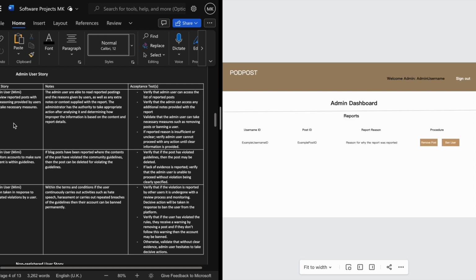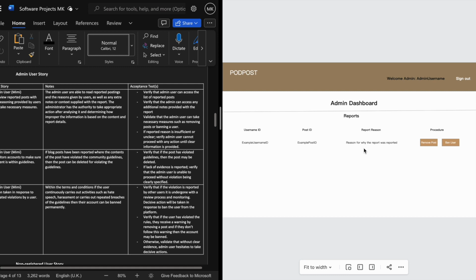Going back to my user stories, one is that they can view reported posts, for example, the dashboard that we can see in the prototype, and they're able to see the report reason. So they can read why the report was given by other users, and see if anything extra was given, for example, more detail. There'll be various reports rather than the one displayed right now, which is just to get an understanding of what it would look like. They'd be in a list form, and the admin would take measures into what they think would be necessary